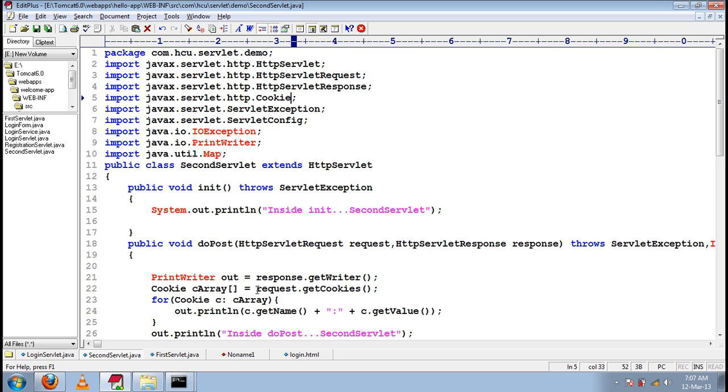In the earlier approaches, we used to add hidden parameters or hidden form fields and URL rewriting through the code developed in our application. But here, cookies will be added to the request object. Cookies will be added to all the subsequent requests by the browser itself. We need not do anything. Understood? That's the advantage of cookies. Cookies is one of the simplest ways of session management.